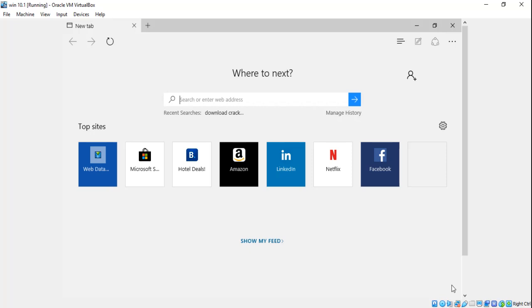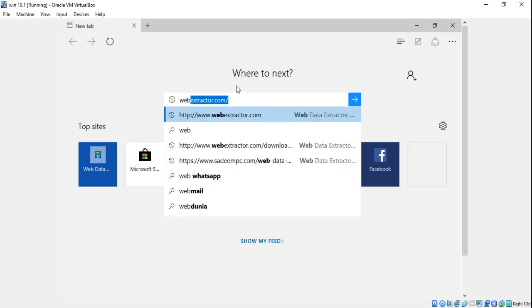Now let's see how we can extract a company's data such as phone number, emails, fax, etc. So we are going to use a tool called Web Data Extractor. Okay, so head up to its website, webextractor.com,